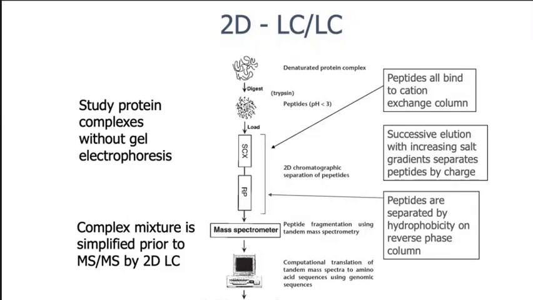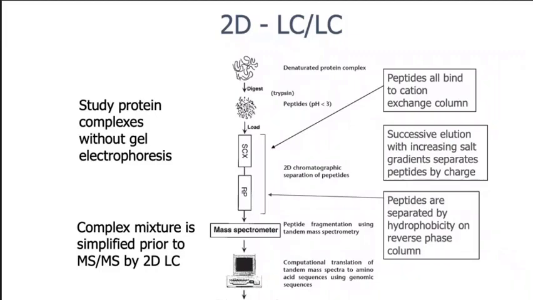These polypeptides will be dissolved at an acidic pH of 3 to have a positive charge. Then they will be subjected to two stages of liquid chromatography. The first stage is ion exchange chromatography. The stationary phase will be a cation exchange stationary phase, and the mobile phase will be